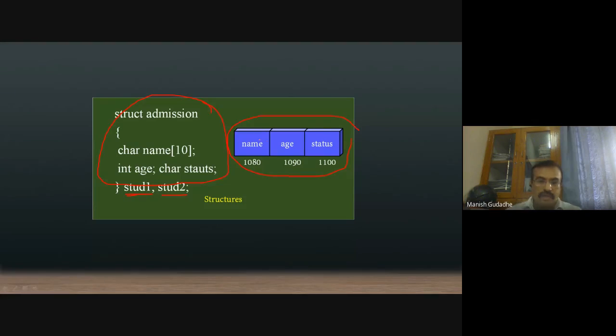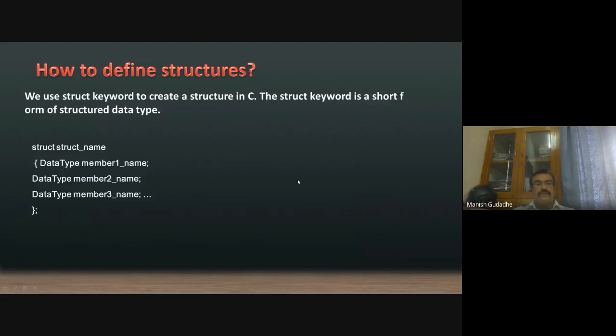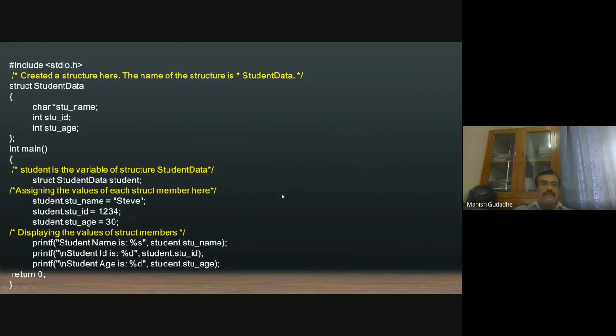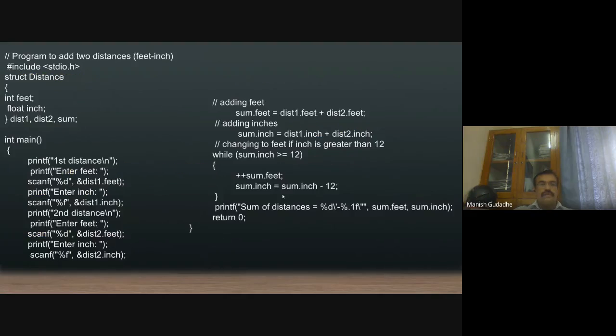That block will contain three different data types together: a string, an integer, and a character. Likewise, we have seen all the other things we can do with a particular structure, and we have also gone through some examples.